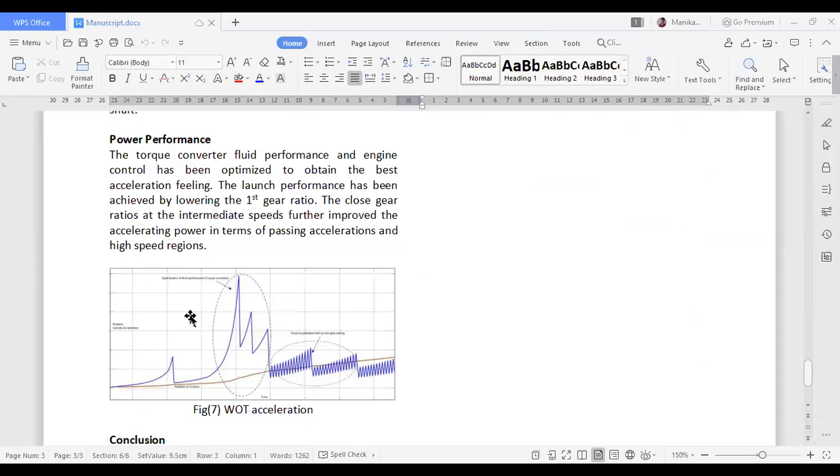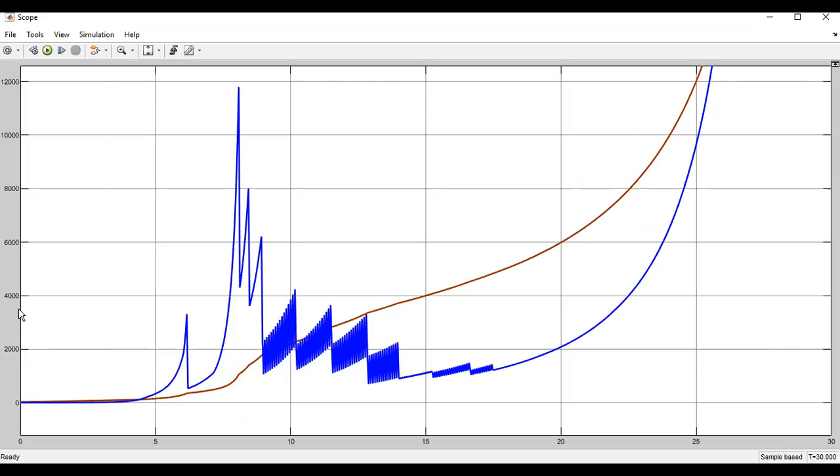Let me share the graph plot from this. Okay, so here is the plot between the vehicle acceleration and the time, and here the blue line shows the gear shifts, that is the optimized transmission torque, and the brown line represents the turbine rotation. And here the torque converter fluid,